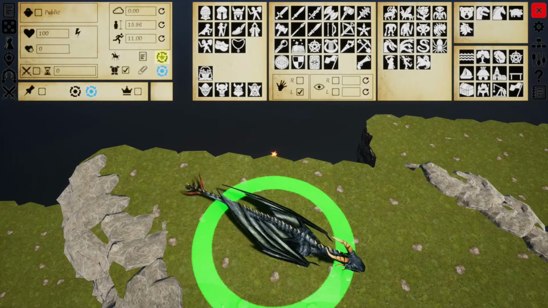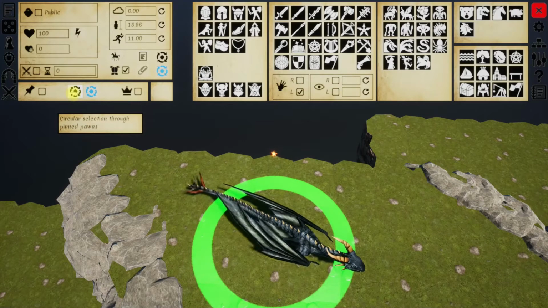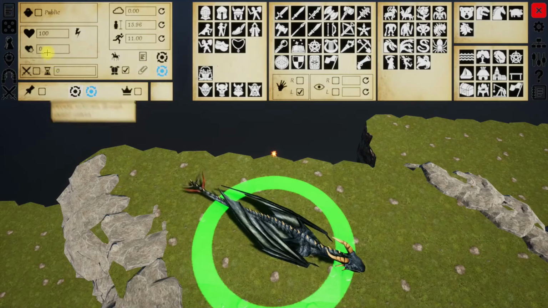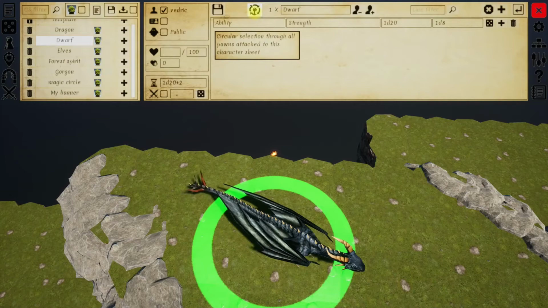The problem is that this method is not very precise because we have to go through all visible pawns, but this sort of button appears in various contexts in the UI and will have different results that allow us to be a bit more precise. So for example here it will circle only through the pinned pawns, and we'll learn what this means in another video. More interestingly for us, in the context of character sheets, you can see that this button here will now